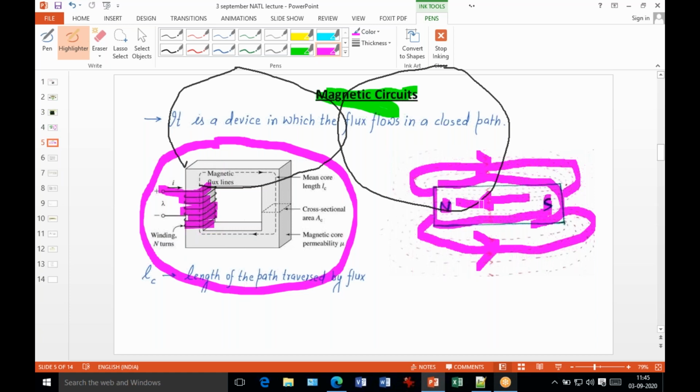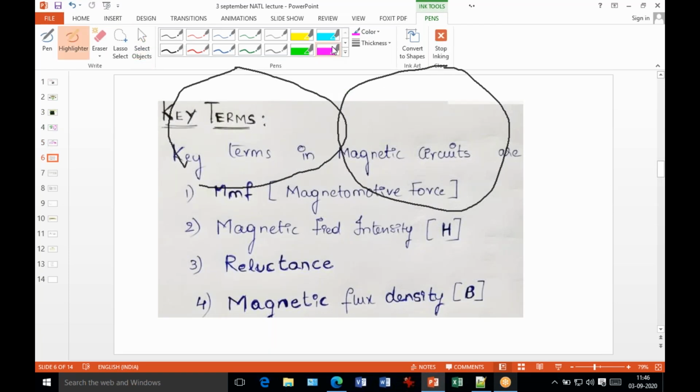So please remember this concept. Outside, the magnetic lines go from north to south, but inside the magnetic materials, the magnetic lines move from south to north. So I think you are aware of this. This is a very basic thing you have to learn in your 12th class. Already you learned. Okay, so now we go to the terminology. Already I discussed it in the starting. If you have to draw some magnetic circuits, that means some new parameters are available in the magnetic circuit.